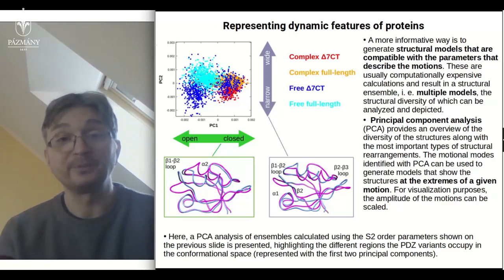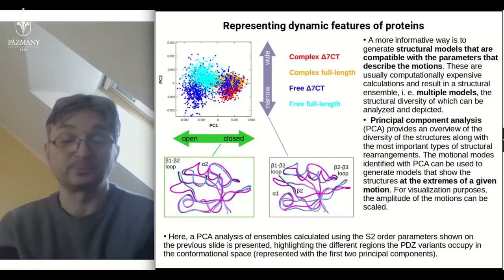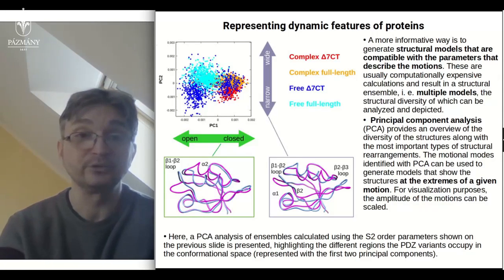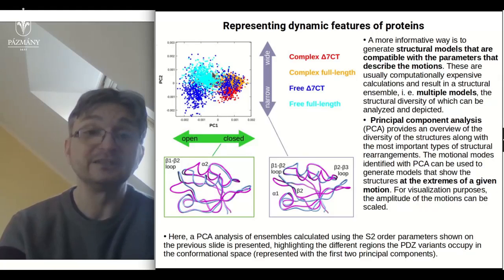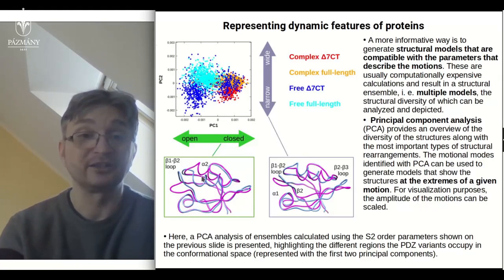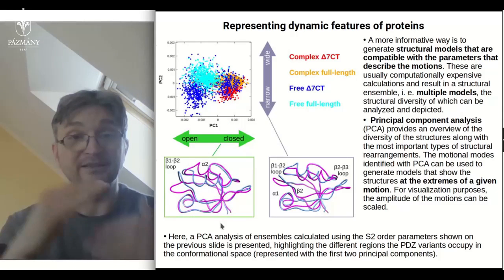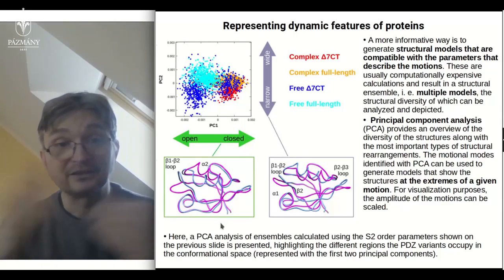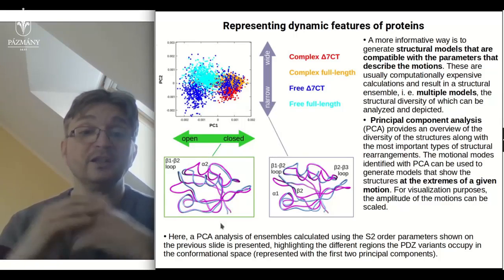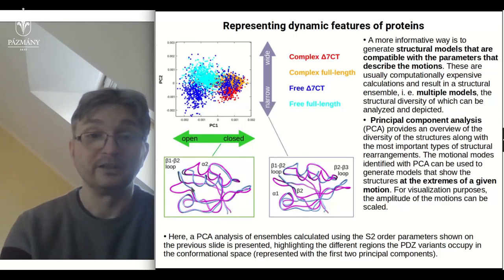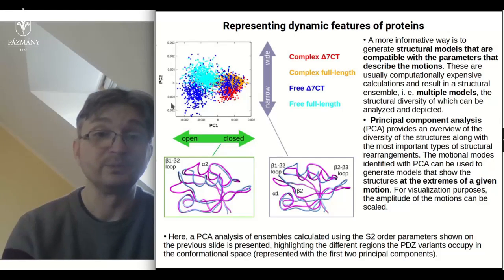So here the conformational space is basically simplified by this principal component analysis into 2 dimensions, and using the results of this analysis we can generate structures that represent extremities along the given motion. It should be noted that here you can see that this loop is moving. That means that principal component 1 means that this loop is moving along with some other motions here, but